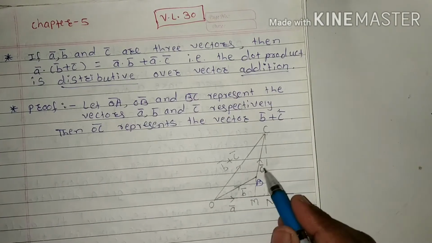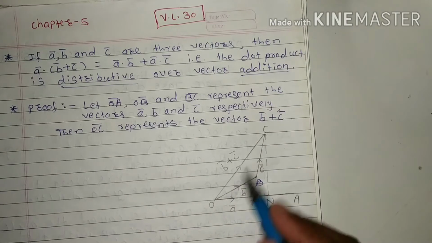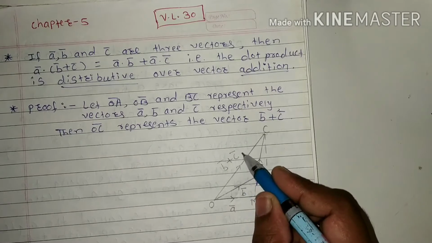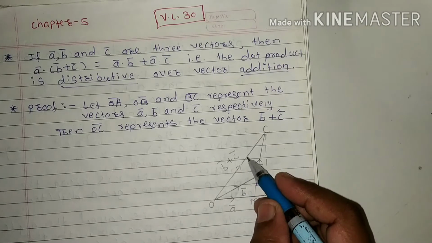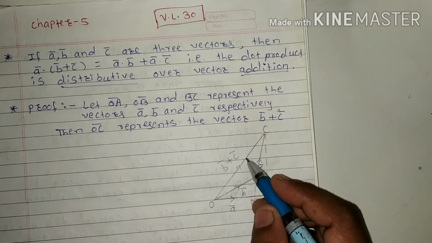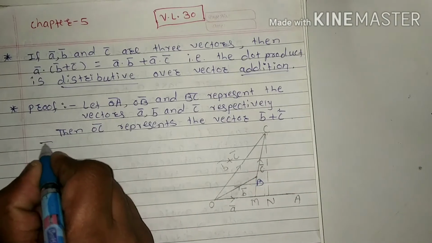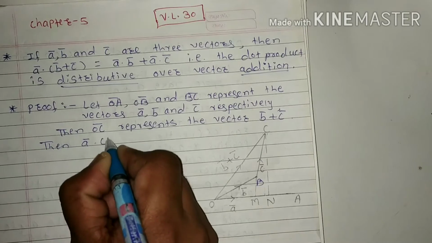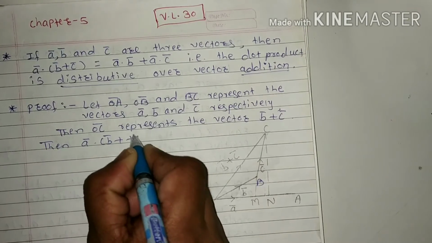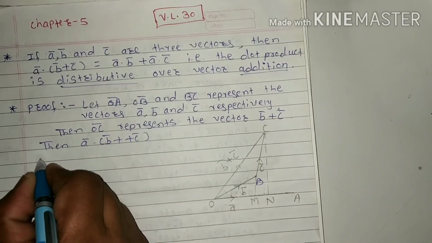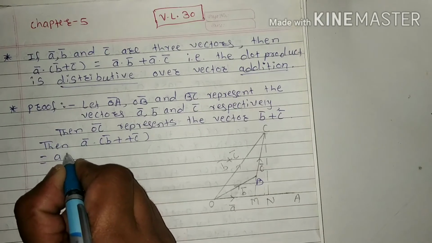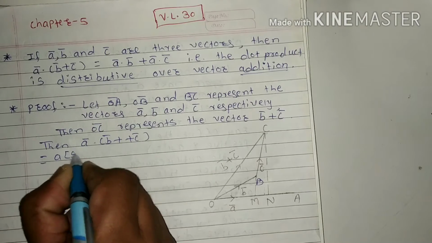Then OC bar, from origin to C, represents the vector b bar plus c bar. Then a bar dot (b bar plus c bar) is equal to, we already know that,